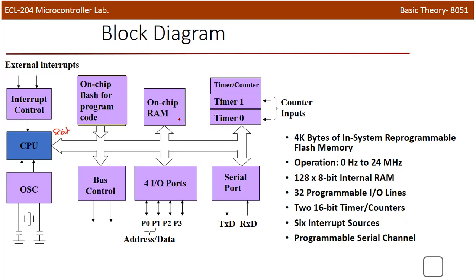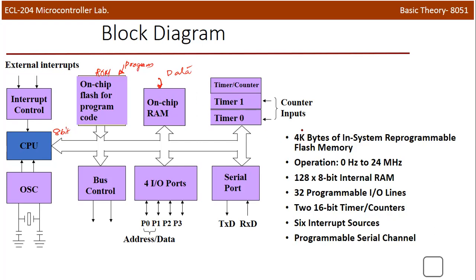When we discuss microprocessors and microcontrollers, we already know that a microcontroller contains some amount of RAM and ROM. This is the ROM, and the ROM in a microcontroller is known as flash memory. It's a special type of ROM, and here we store the program. The program is normally loaded into this on-chip flash program memory, and this RAM is normally used to store temporary data. We'll discuss the size of RAM and ROM later.